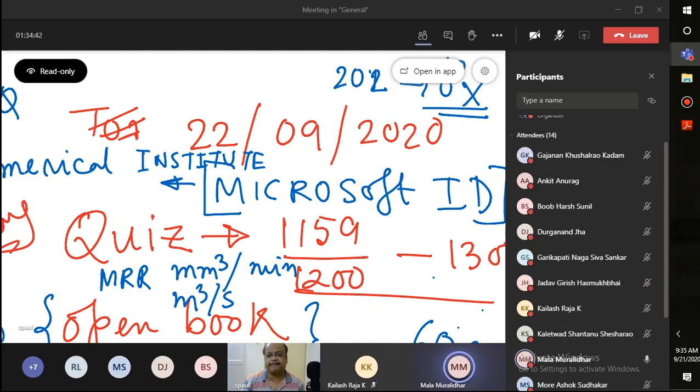Sir, in which app is the exam being conducted, sir? Is it in Moodle or Teams? It would be conducted in Microsoft Teams. So within Microsoft Teams, you will get to see it. What I would suggest is that some of the dual degree students and some of the MTech students must have participated in a quiz. This question is for dual degree students. Any dual degree student, have you participated? If yes, say yes and say your name.